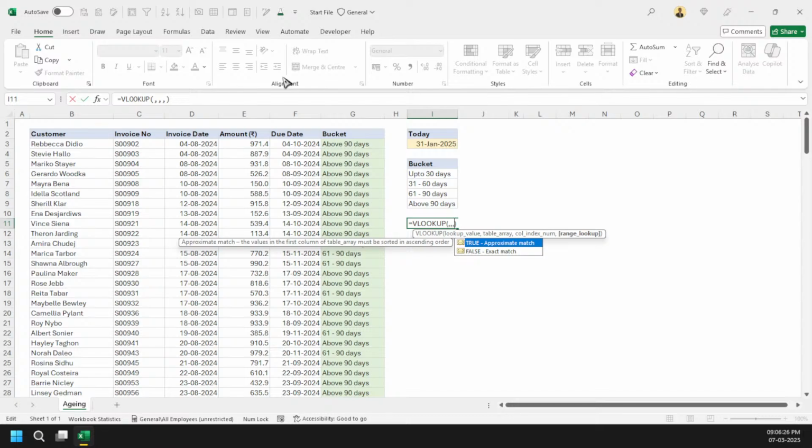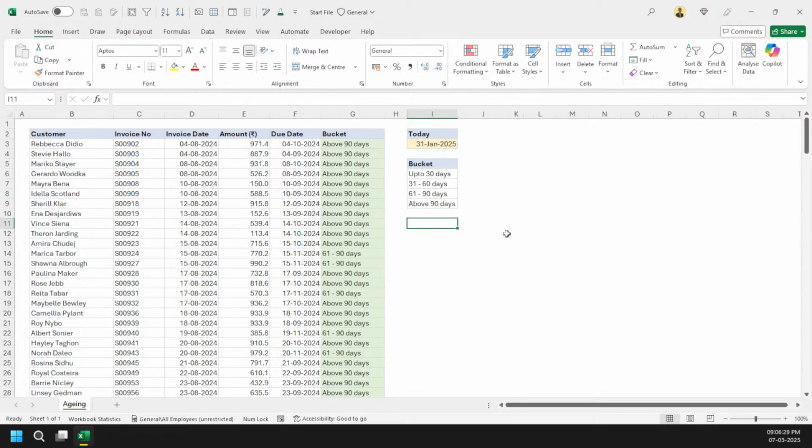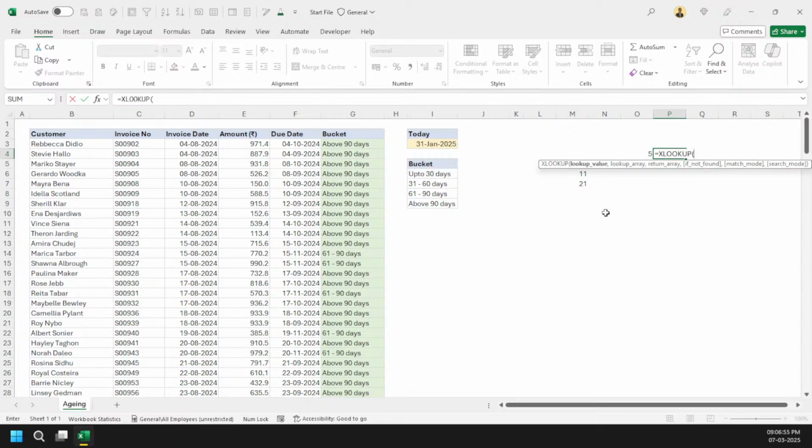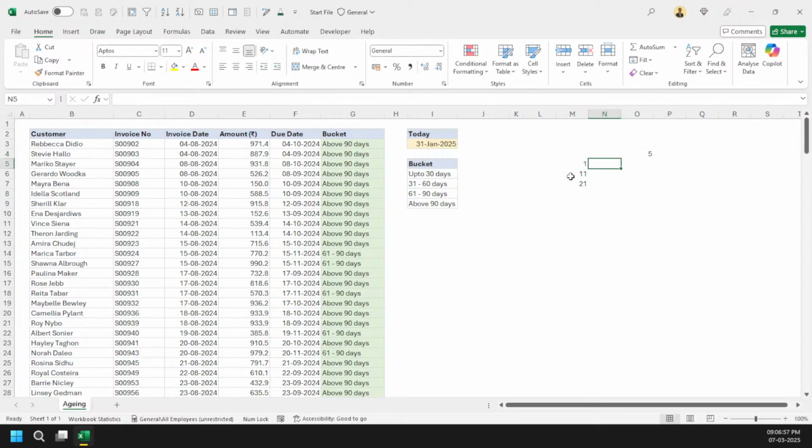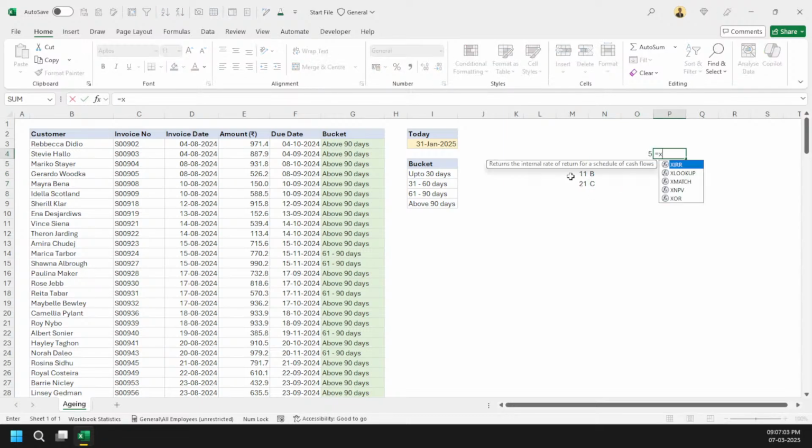So let me explain with a very simple approach. Let's write something like this: 1, 10, 11, and then 21. Most of the time we want to look up between intervals. So let's say my value is somewhere around 5. I'm not going to use VLOOKUP; I'm going to use XLOOKUP, and let's say these are A, B, and C. So if I'm going to look up this way,